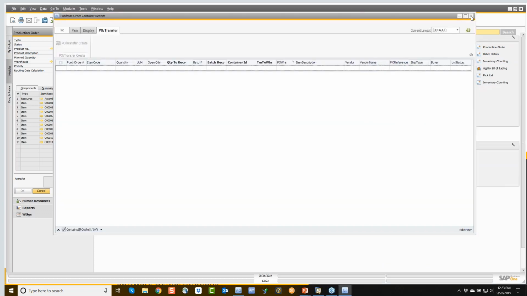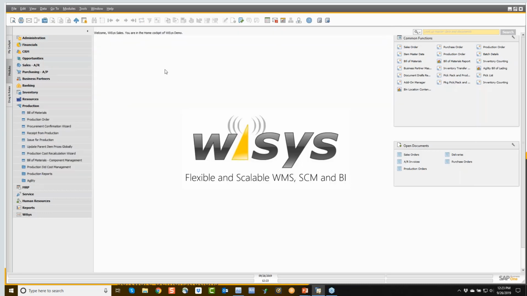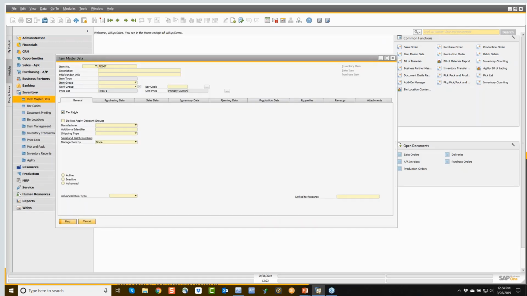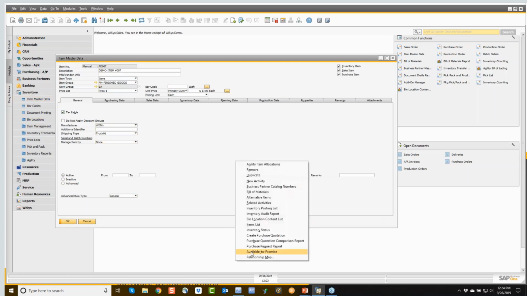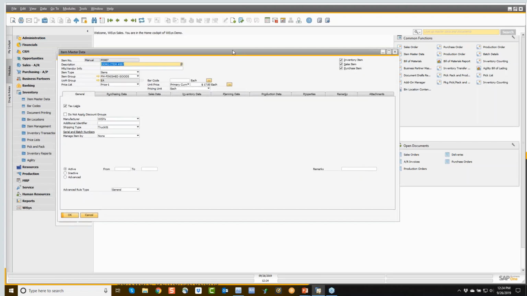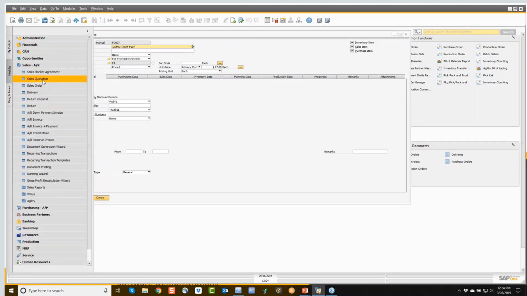One of the other modules that we're working on right now is to do inventory allocations. So in standard Business One you have your inventory availability, which we all work with and we all know, available to promise, or inventory availability depending on where you call it from, where the system is taking your supplies and demands and showing them to you here. What we wanted to be able to do is take it one step further and start allocating supplies and demands. So an example, if I'm looking at a sales order,